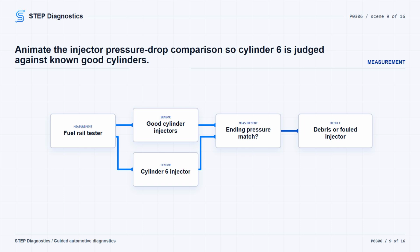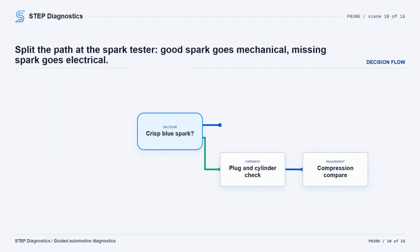A large pressure drop points toward a faulty or fouled injector issue, then verify the repair. A single injector problem usually shows the highest misfire count on that cylinder, though excessive fuel can also affect an adjoining cylinder. After injector testing, turn the ignition off, remove the fuel pressure decay tester, and reconnect the fuel lines